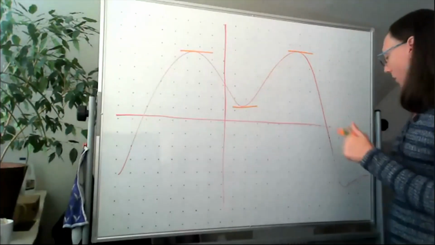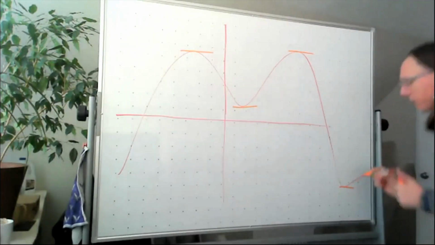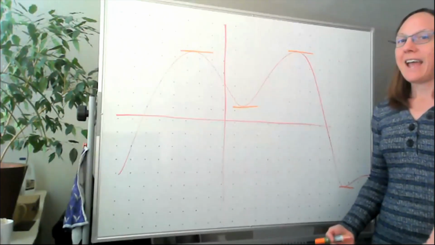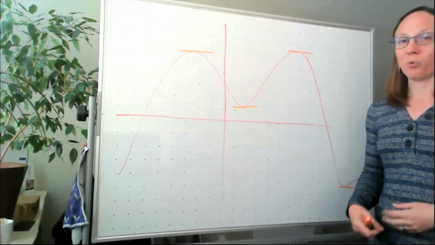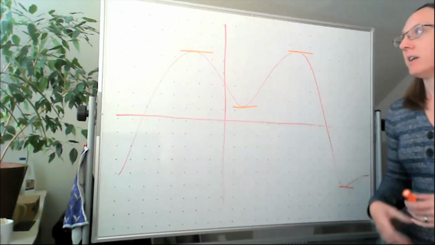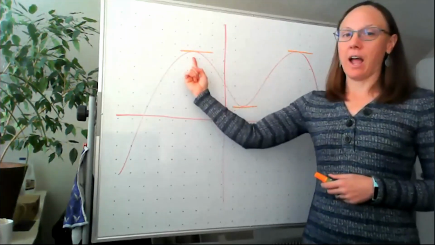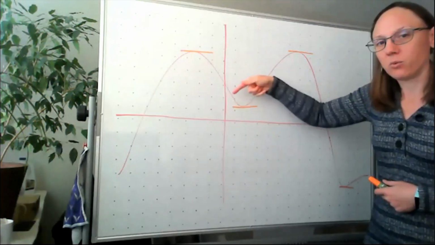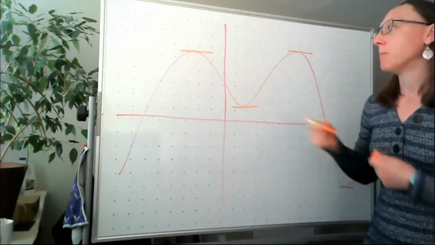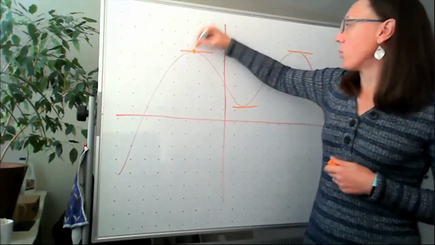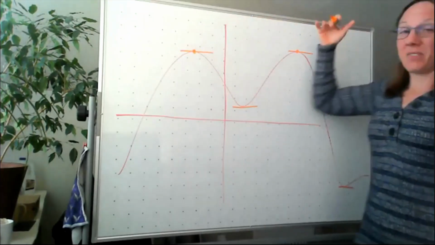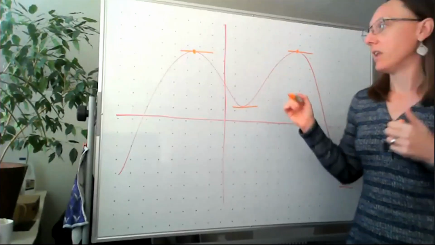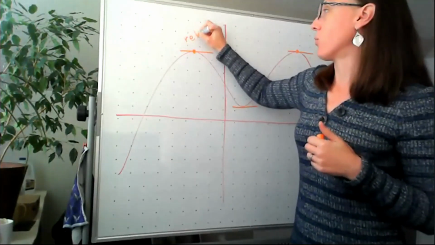Now you'll notice, oh, I got another one hiding over here. I was kind of standing in front of it. So you'll notice at each of these places where my slope is exactly 0, they represent either a high point relative to the points around it or a low point relative to the points around it. So we're going to call these points where it's the highest value relative to everything around it, we call these a relative